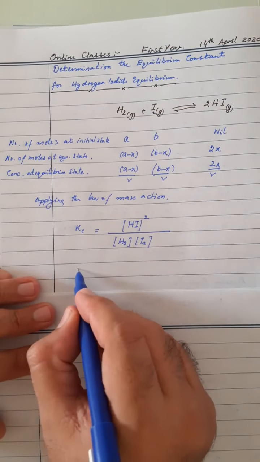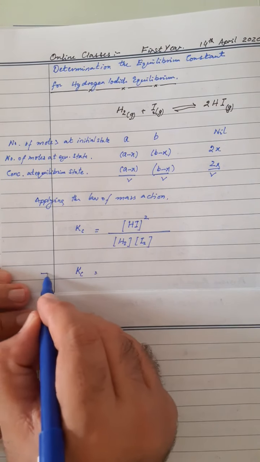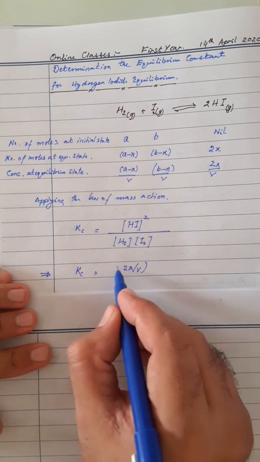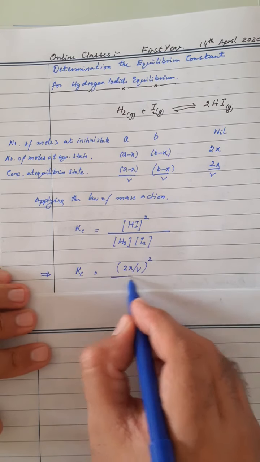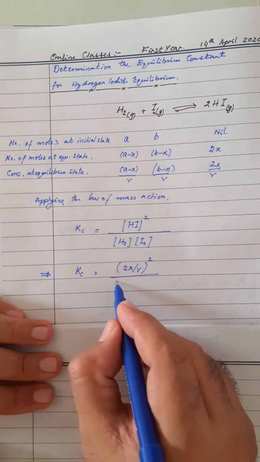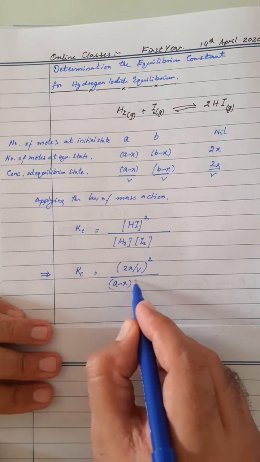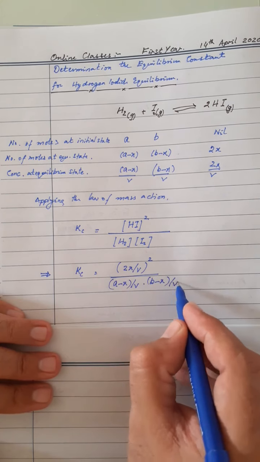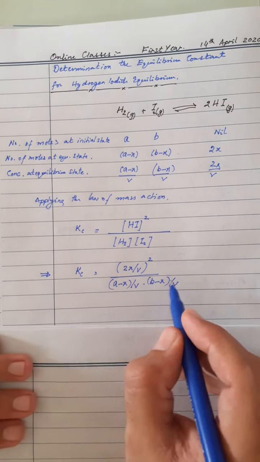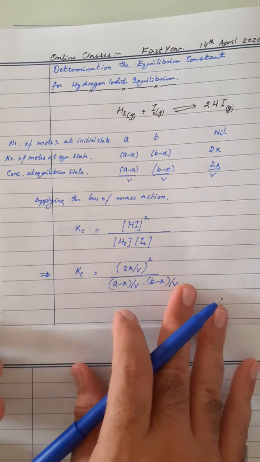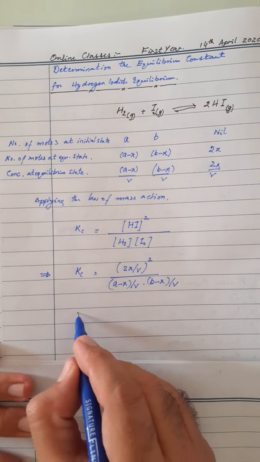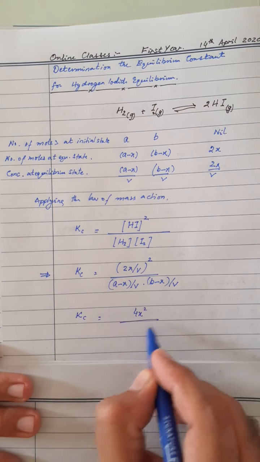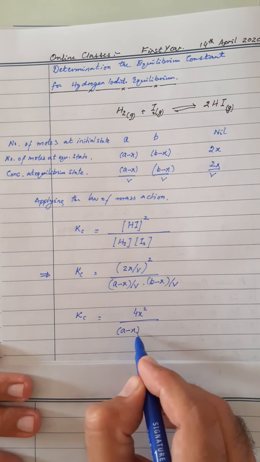Kc is equal to 2x upon V whole square, divided by A minus x upon V and B minus x upon V. The V square cancels, and you get Kc equals 4x squared divided by A minus x and